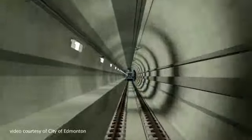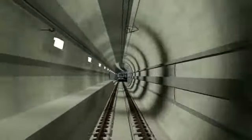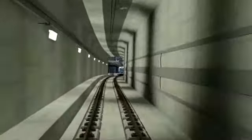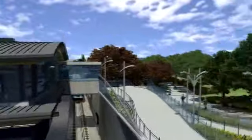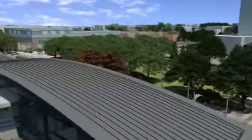One of the main features and technical challenges of this LRT extension is a 700-meter tunnel to get us from Churchill Station out to the surface on 105th Avenue by MacEwan Station. We looked at different tunneling methods like bringing in a tunnel boring machine, doing open cut, and ultimately we settled on a sequential excavation method, which will involve mobile excavation equipment, digging the tunnel in small increments at a time, and then being followed by a shotcrete liner, which will stabilize the tunnel face and eventually have a final liner